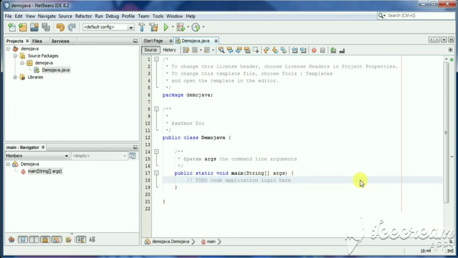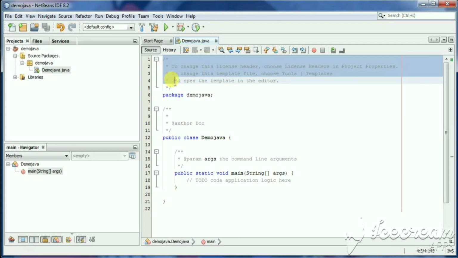When any line has two slashes, it will turn into a single line comment. So now we are going to start our first program of Java. It's your choice: if you want to delete it, you can delete it, but we should keep this for the meantime. So we're going to start a program.